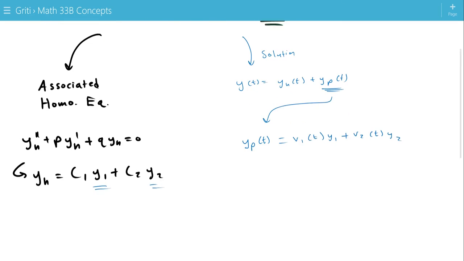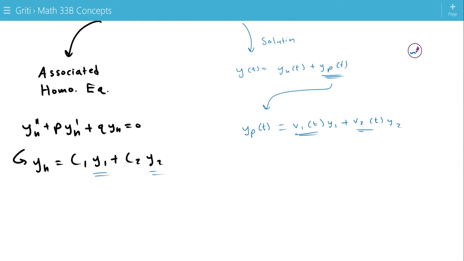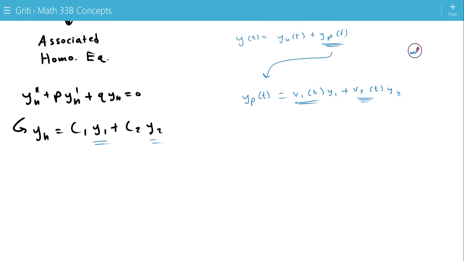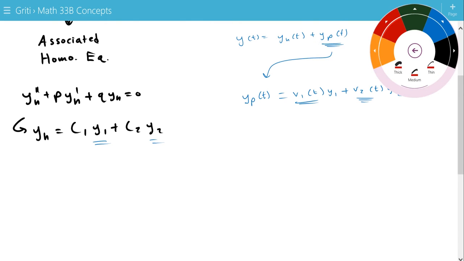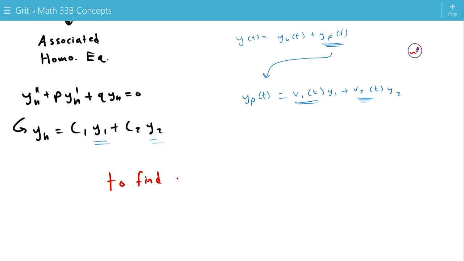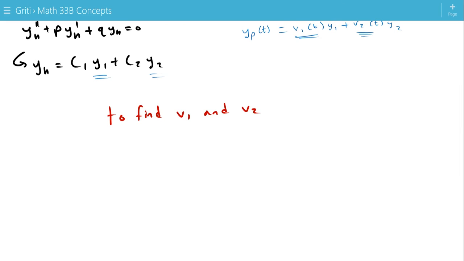So we need to find v1 and v2. The way we do that is we solve a system of equations. We can't directly find v1 and v2. We can find v1 prime and v2 prime and integrate. So we solve this system: v1 prime y1 plus v2 prime y2 equals 0, and v1 prime y1 prime plus v2 prime y2 prime equals